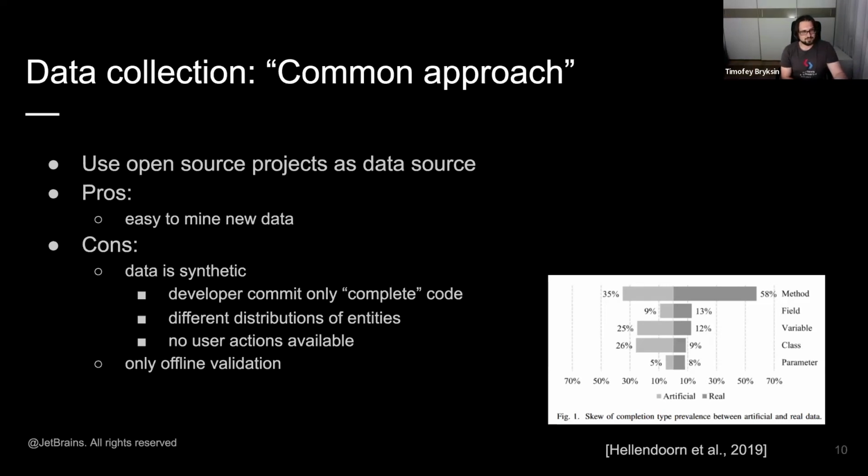I guess the biggest issue is this: we can try to fight all of that, but the thing that we cannot fight is that the synthetic data doesn't have features related to user behavior. So, for example, sometimes it takes less than a second for a user to select an item from the pop-up, while in other cases it might take a longer time. They might study this list for 10 seconds, 20 seconds before deciding.